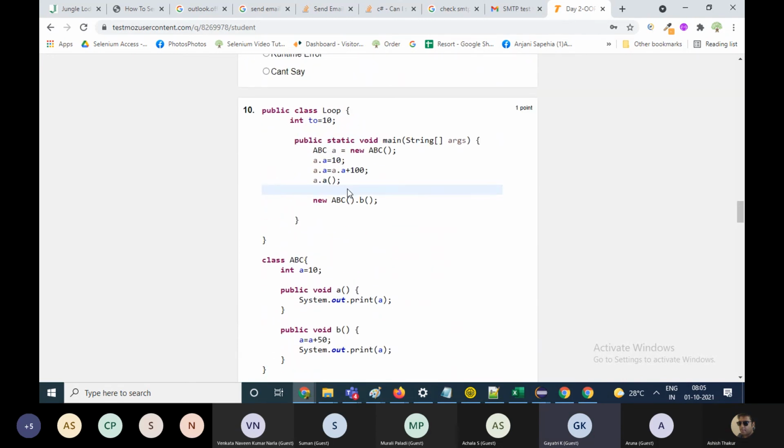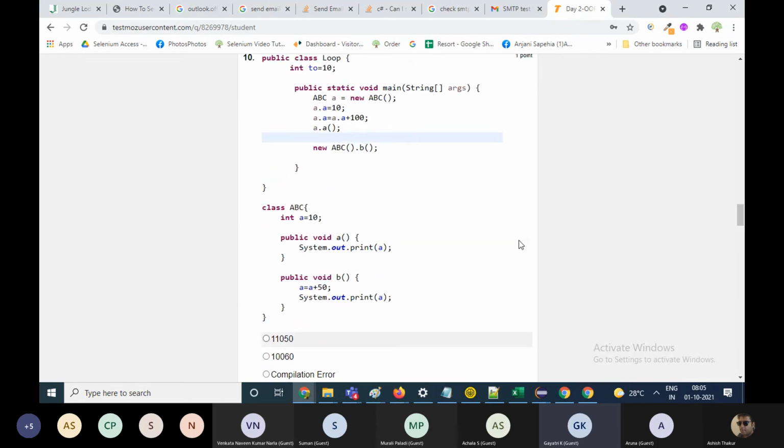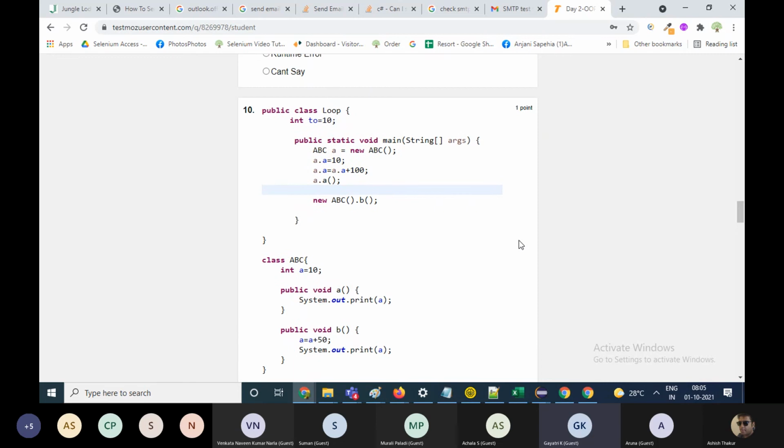If I copy this code into Eclipse, I get an error at the line ABC A equal to new ABC, and it says ABC is an unresolved type. What does that mean? What could have gone wrong?